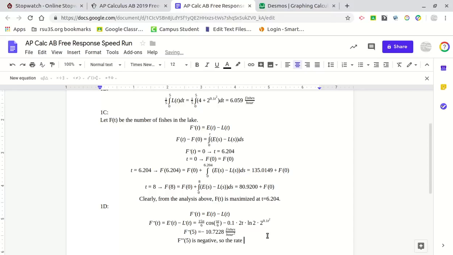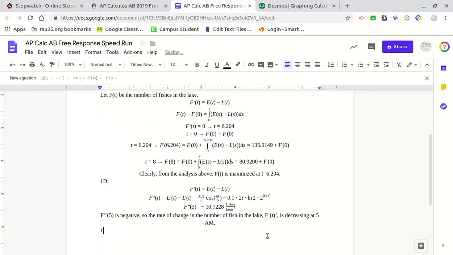So the rate of change in the number of fish in the lake, f prime of t, is decreasing at t equals 5, at 5 a.m. Yes. Okay, cool. And then, oh, I'm done. Okay, so